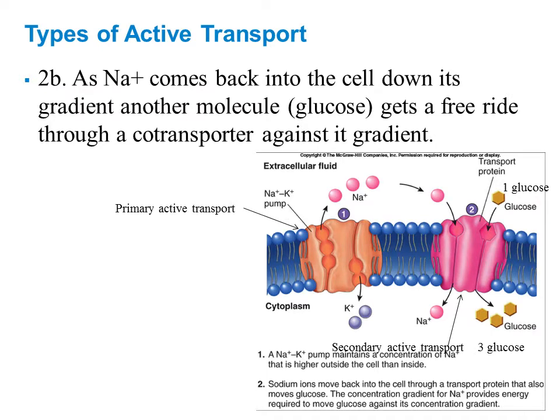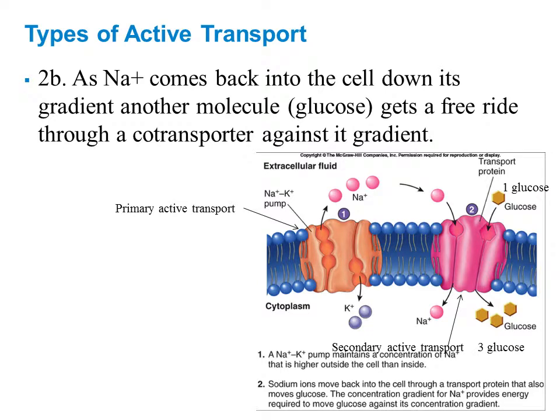So as sodium comes back into the cell down its concentration gradient, glucose is going to hitchhike and catch a free ride. Remember, energy is used to push sodium outside of the cell. That sodium has to eventually flow back downhill into the ICF. And when it flows into the cell,